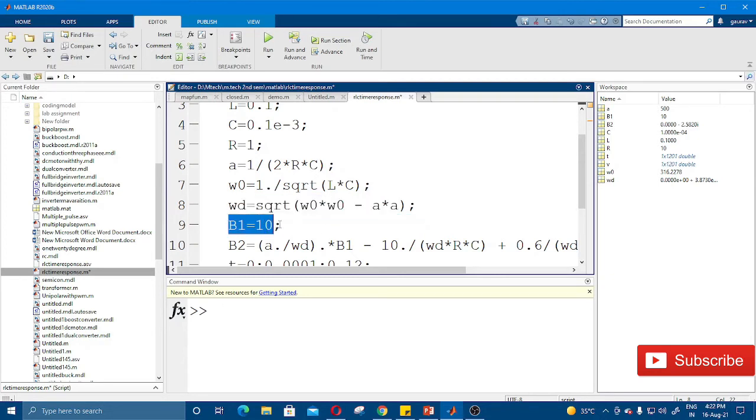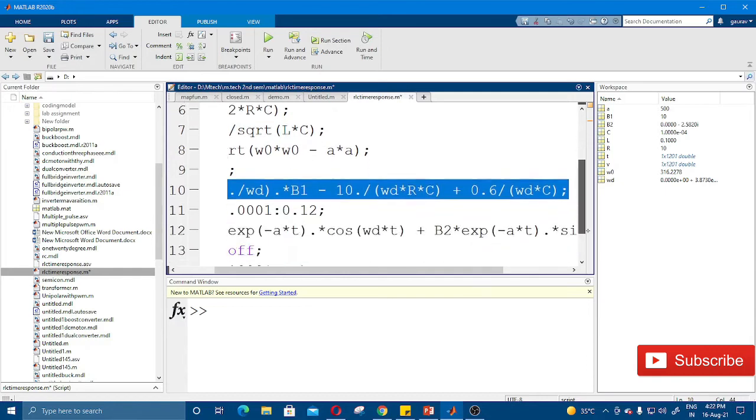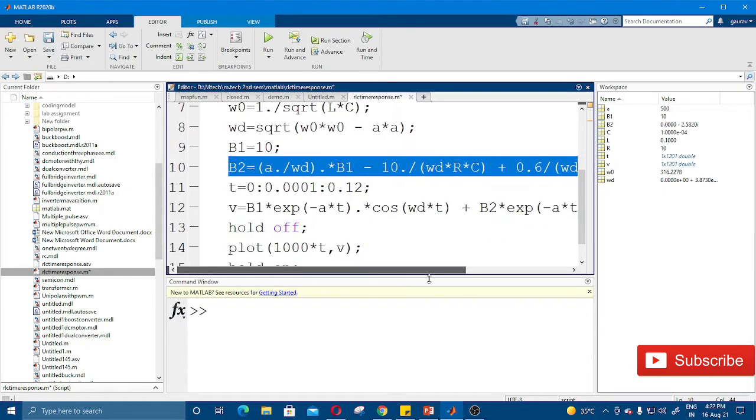B1, this is a simple input voltage. B2, this is another variable to calculate the output voltage. Then this is the output voltage across the capacitor, V equal to B1, the input voltage, times exponential of minus a into t.